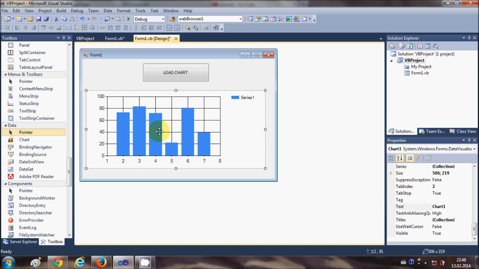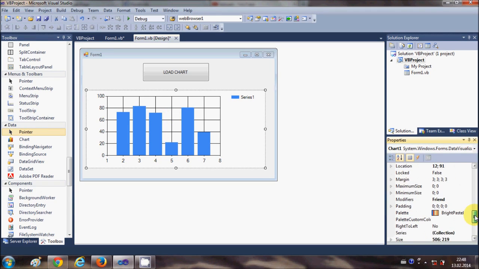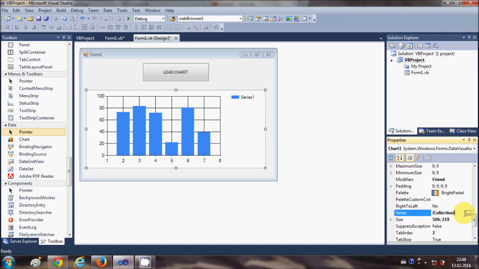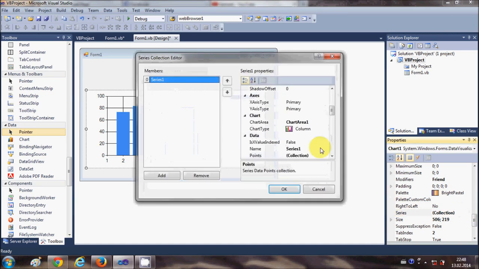So just select your chart and go to the property called series here, which is this. So just click this button near series collection, and in here you can customize your series. So first of all, by default your series name is series 1, so I change it as something else. For example, I want to show name versus age series, so I want to name my series as age,